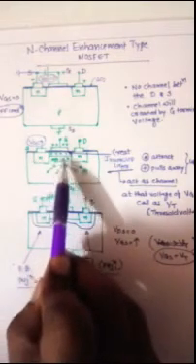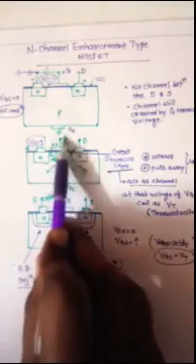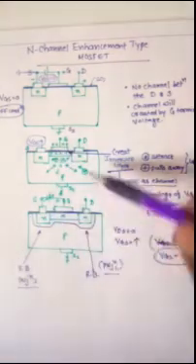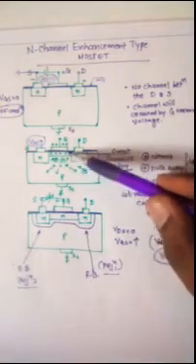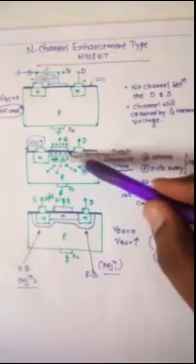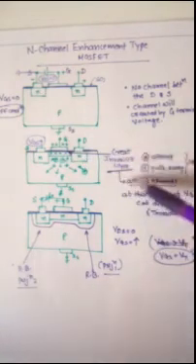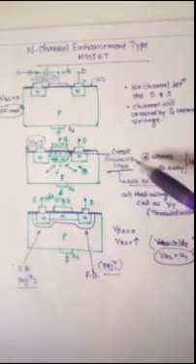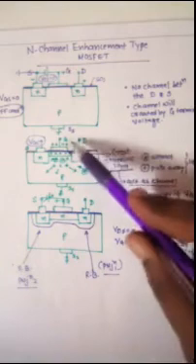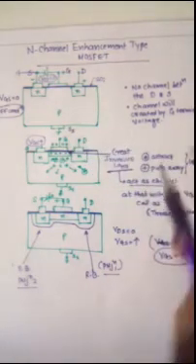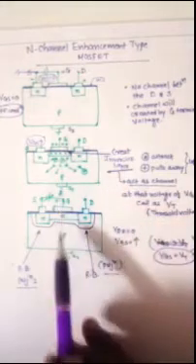The number of electrons deposited here depends on the value of the gate voltage. So these electrons are deposited here and create a layer. It's called the inversion layer. When the inversion layer is created, that voltage of VGS is called the threshold voltage. So when VGS is increasing, the threshold voltage